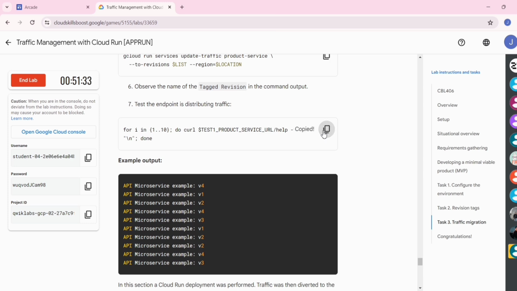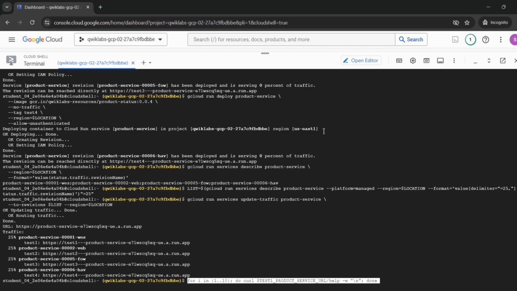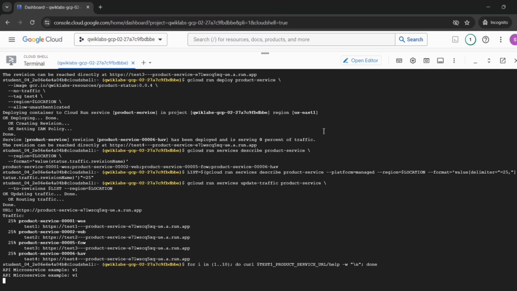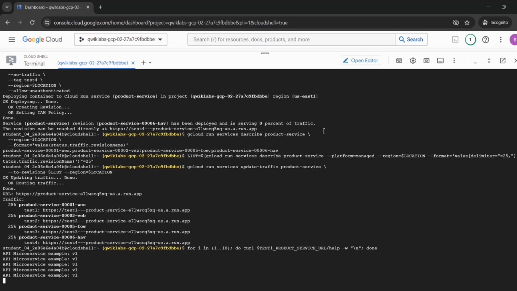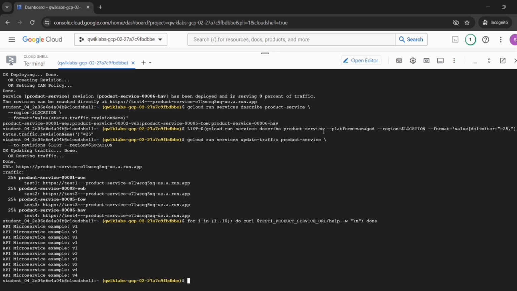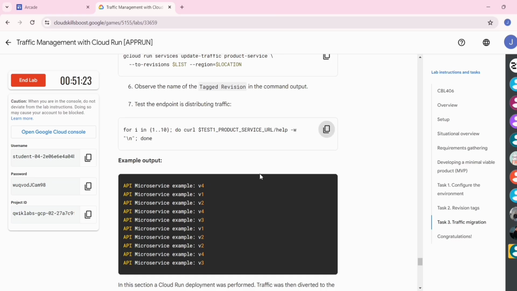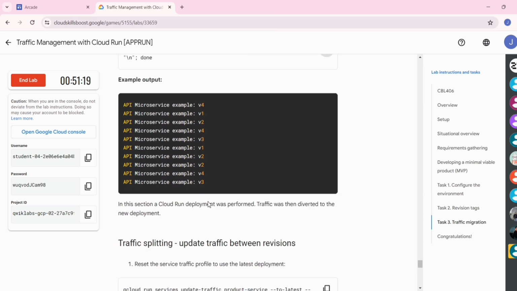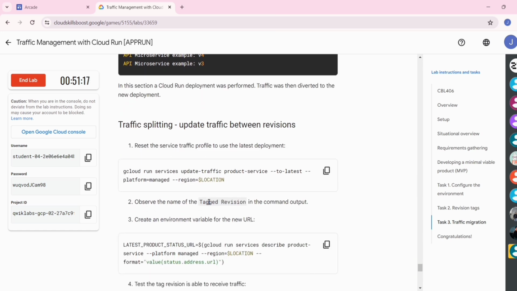Now copy the seventh command from here, paste it here and press enter. Now go back to the lab instructions. We get the same output like this. So we can move ahead.